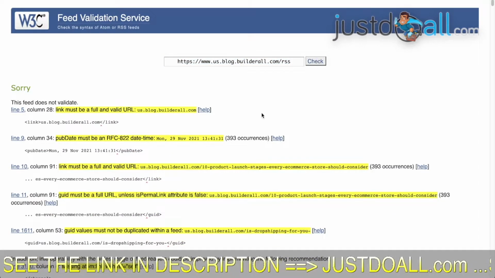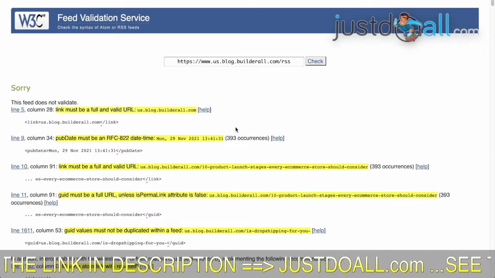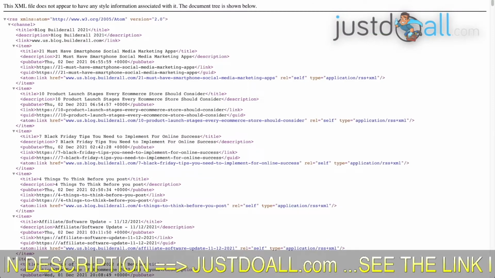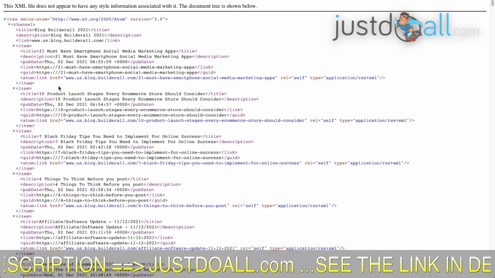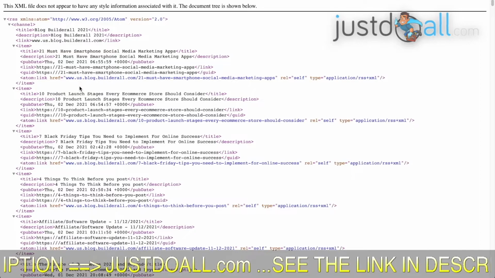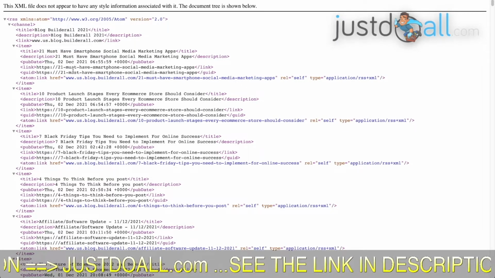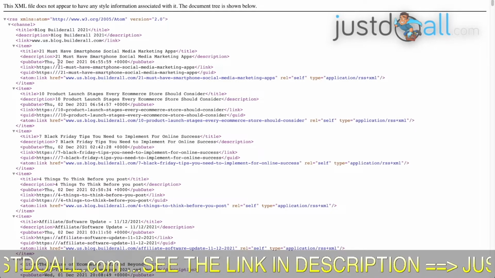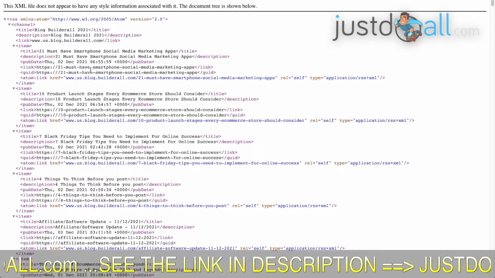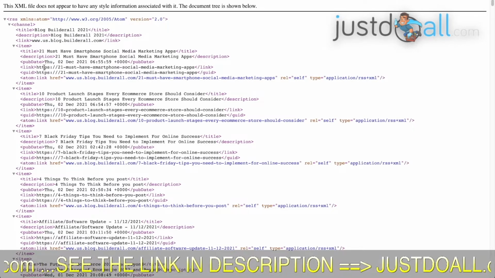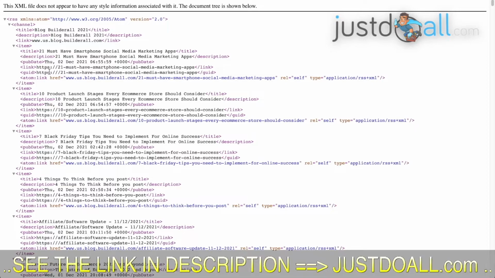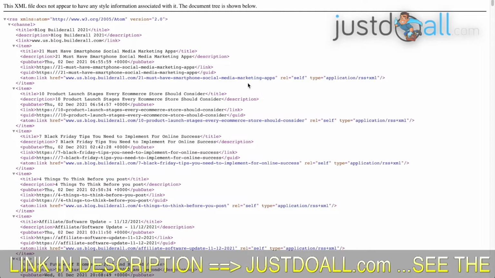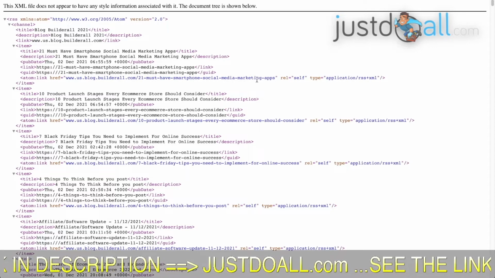Let's try this again. No, this is fine. I'm sorry, because I was thinking that there was a mistake, but there is no mistake anymore. Before there was a mistake. Now there are other mistakes, but not this one. So here in the link we have the HTTPS, so it's fine. Let's forget about what I said at the last minute.